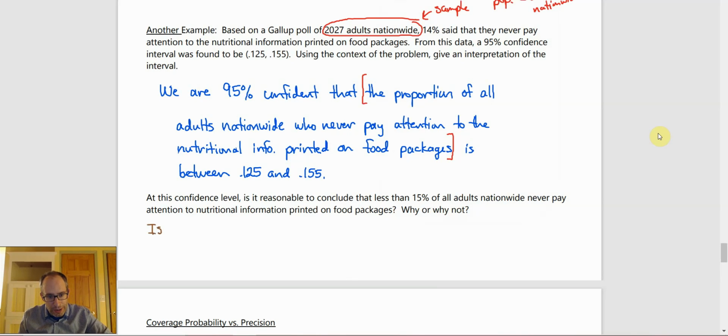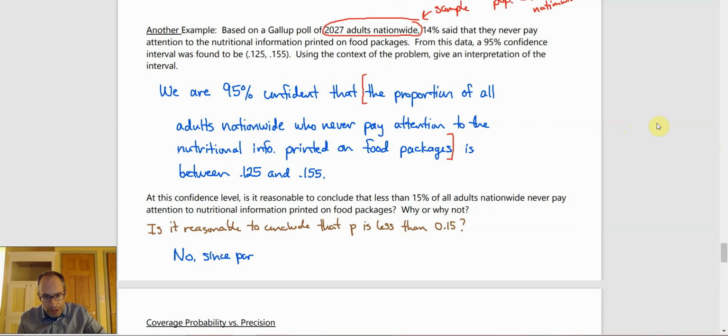If I take the context out, this is basically asking, is it reasonable to conclude that P, the population proportion, is less than 0.15, right? If I take all the context out, this is what that question is asking. And the reason is no. The reason for that is because in order to say that, you want the entire interval to be less than 0.15, and it's not, because the upper endpoint is 0.155. So the answer to this is no,